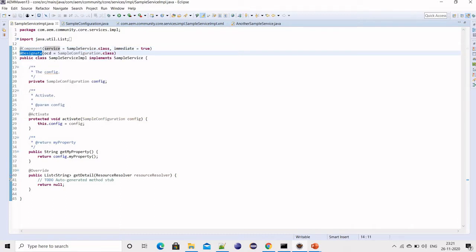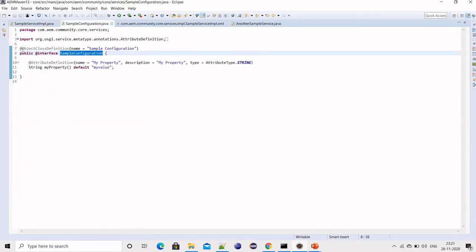What I'm telling is: designate the configuration to this, as in this file will be used as the configuration file. If I go to this sample configuration file, I'm using one annotation called OCD, object class definition, and another one is attribute definition.